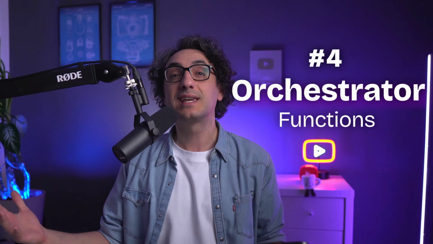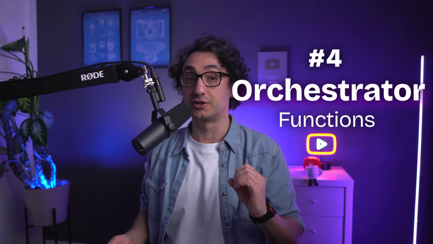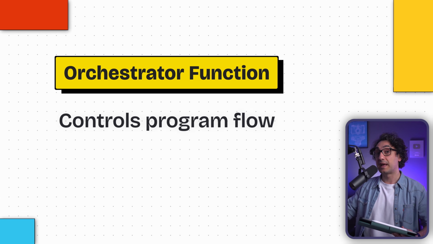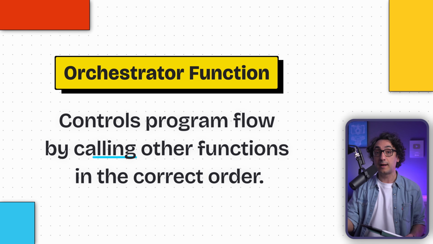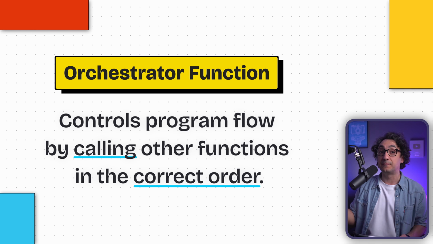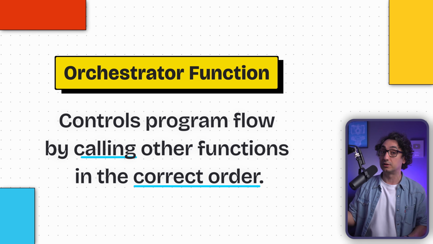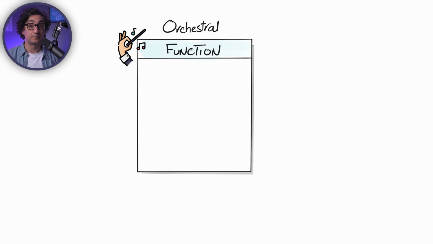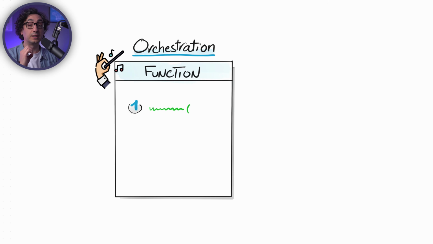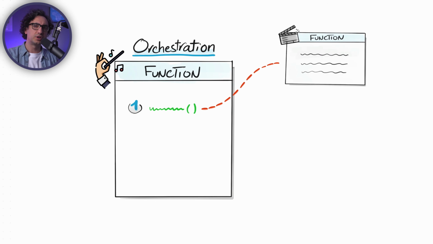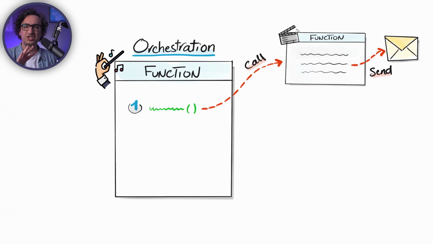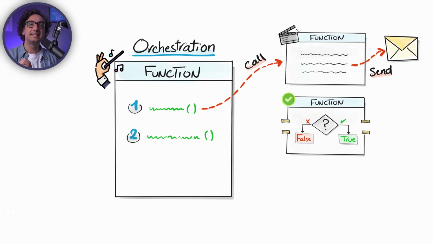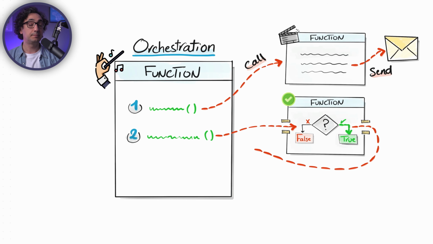Alright, my friends, so now we're going to talk about my favorite and the last type of functions based on the purpose or the use case. We have the orchestrator functions. An orchestrator function is a function that controls the flow of your program by calling other mini functions in the correct order. That's why we call it an orchestrator function, because it is focused on the coordination and not about the logic or calculating the data or changing anything. Their main job is to connect everything together and to decide what is the next step to be executed.